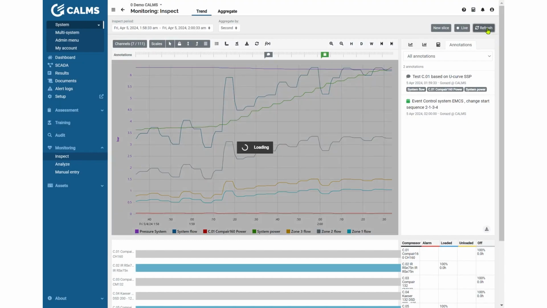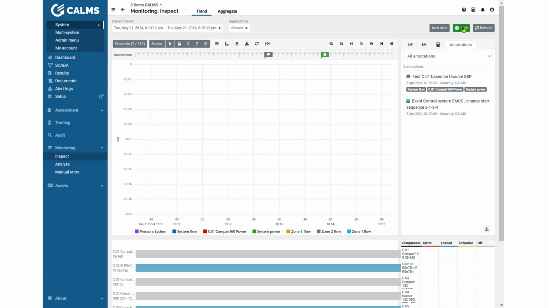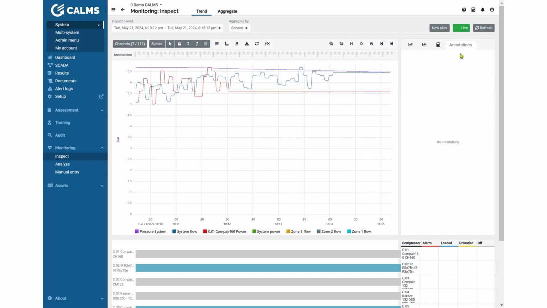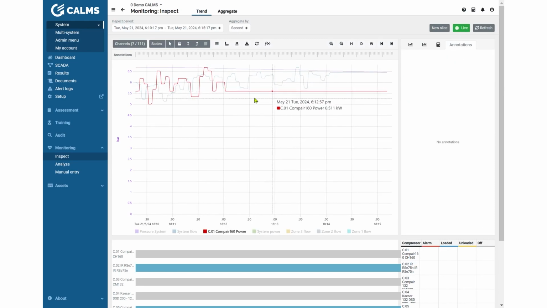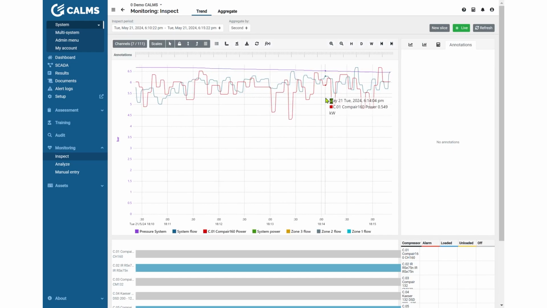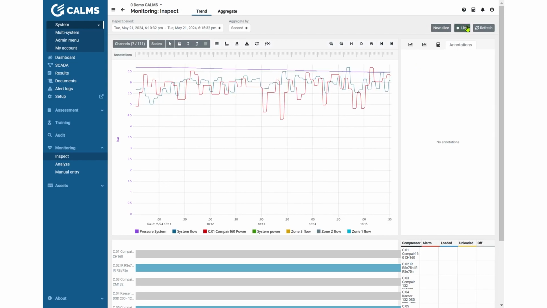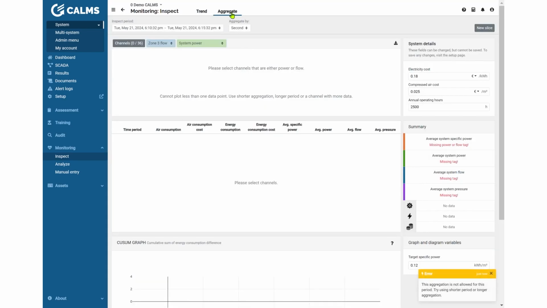You can refresh chart if some recalculation is done, and you can use, if you're expert, also live button, which will reconfigure the loader, send the command there to start sending data on 1 second base, and the new values will pop up for the last 5 minutes, every 5 seconds or every 1 second, like this. This is for inspection and doing the detailed analysis. But the last part of this inspect period, it's actually on the aggregate part,